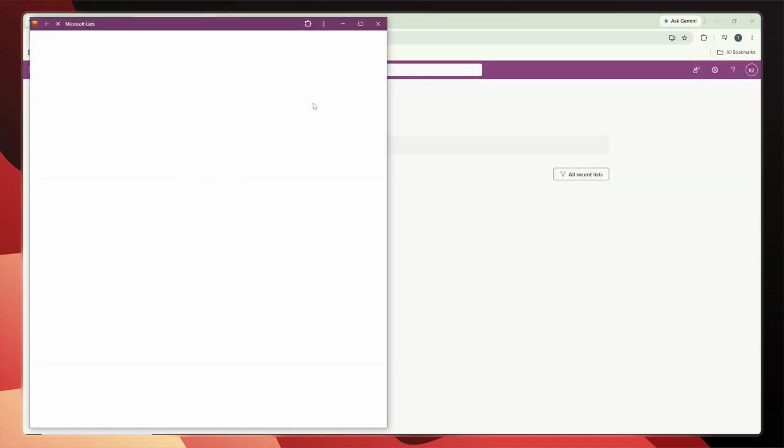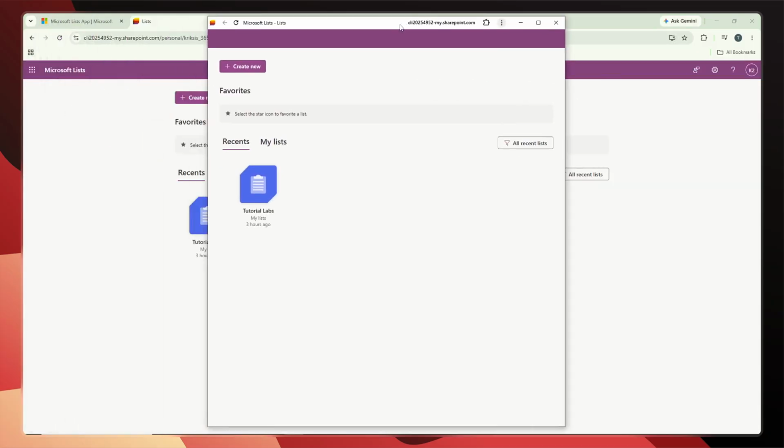The installation happens almost instantly, and Microsoft Lists will now be available as a standalone application on your PC. You can access it directly from your Start menu or desktop, making it much more convenient to manage your lists without opening a web browser. And that's it! You've successfully installed Microsoft Lists on your PC as a